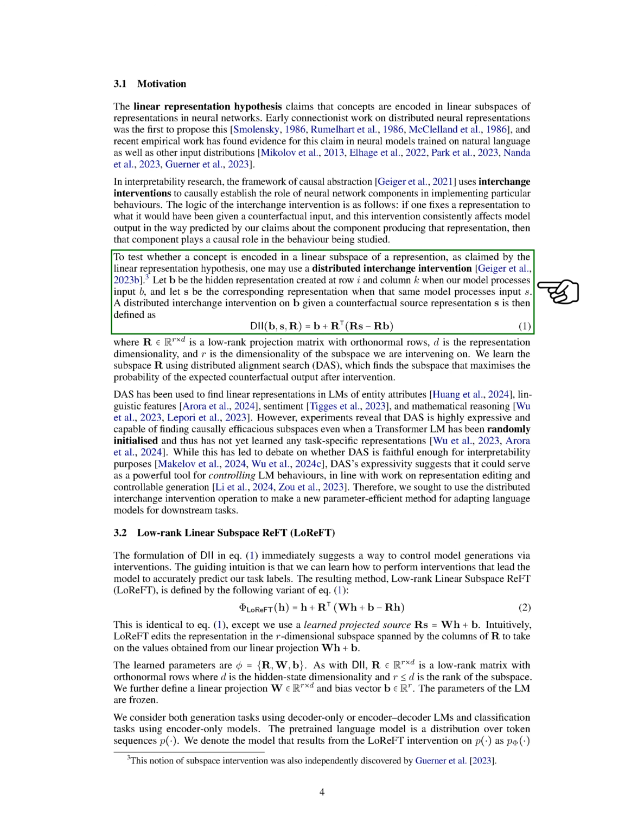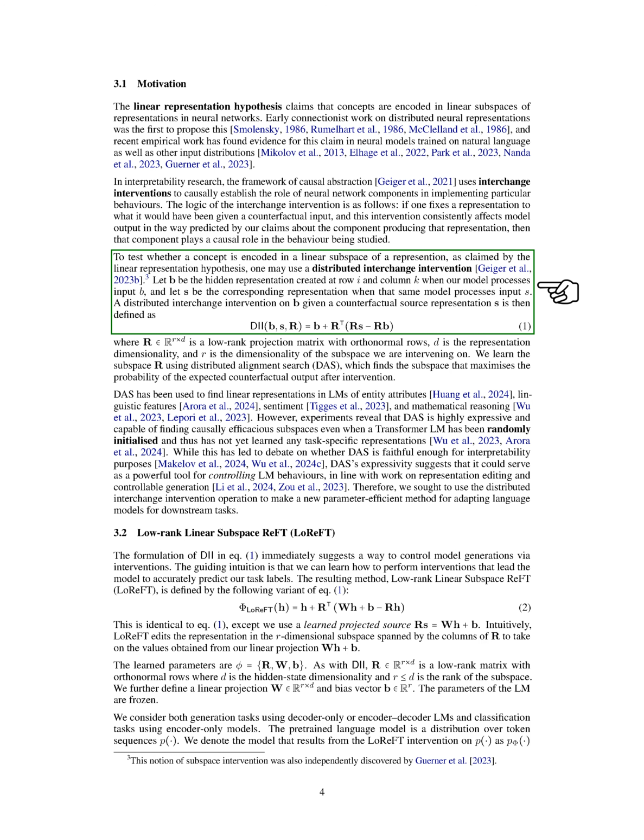Each hidden representation is a vector in a certain dimensional space. The final hidden representations are used by the LM to make predictions. We consider both autoregressive LMs and masked LMs in our experiments. The linear representation hypothesis suggests that concepts are encoded in linear subspaces of